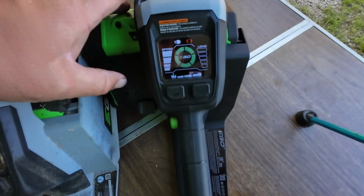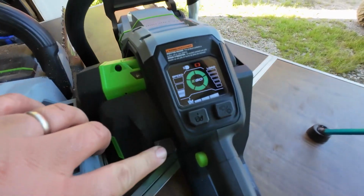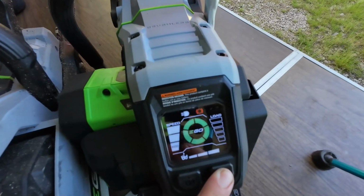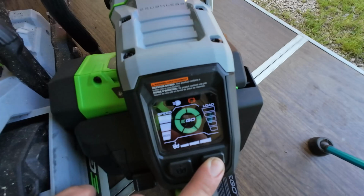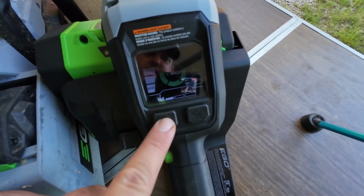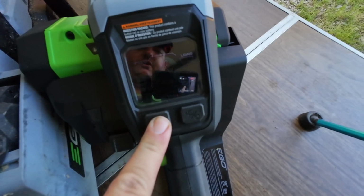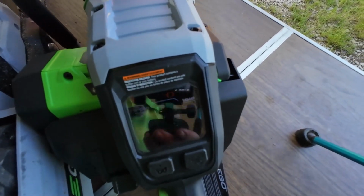So on the commercial saw, there's actually an extra lever over here on the side. This one actually adjusts the speed of your saw. And then you also do have your headlight. So you can turn it off, you can turn it on, and high beam, and then off again. And then you've also got an electronic oiler, so you can adjust the amount of oil you want to go to your chain right here with a button. It also has the light up here that shows if your chain brake is on,